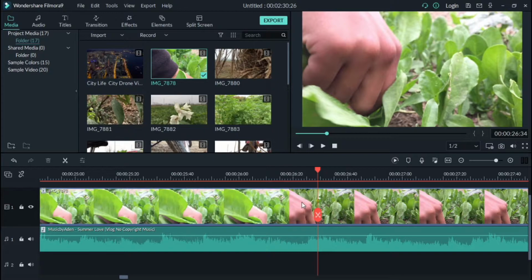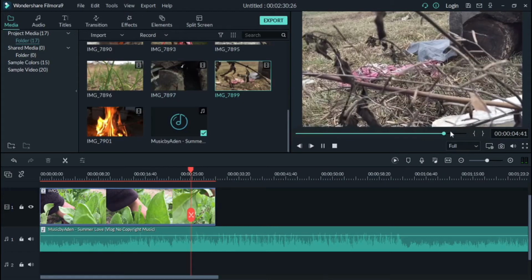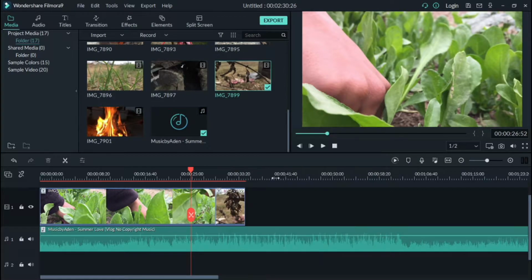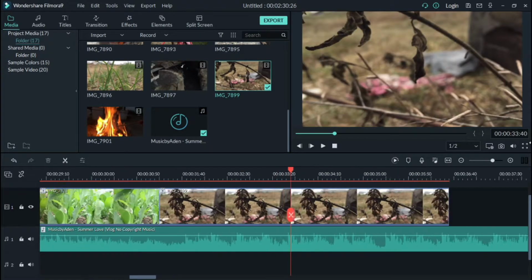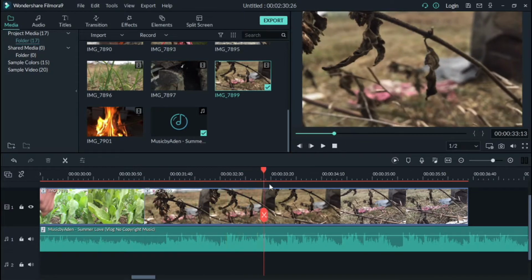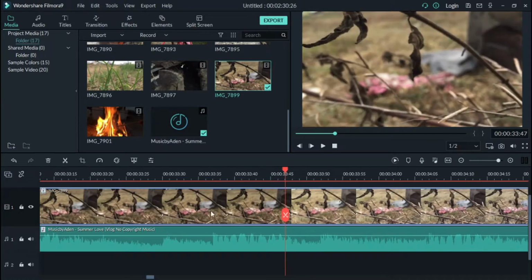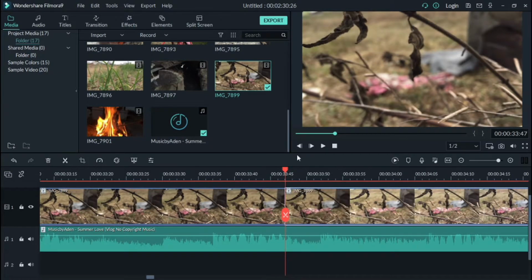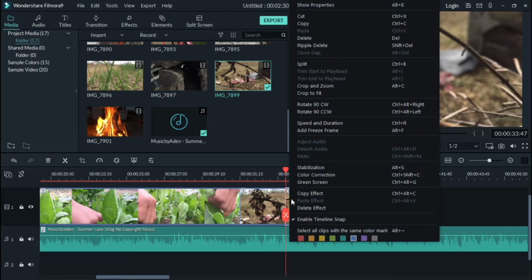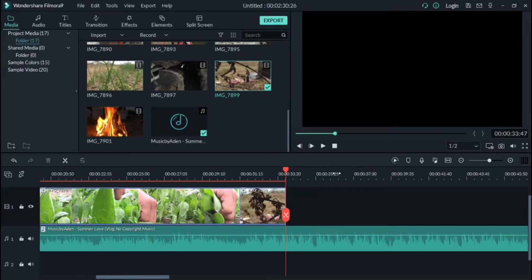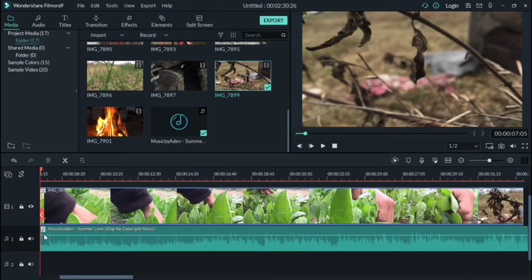To cut the excess, unnecessary part of the video, click on the video clip, drag a little bit here, and put the cursor line where you want to cut. Find the scissor icon or cut icon, cut it, delete it, then just attach the video. From this you can cut the unwanted part of the video.